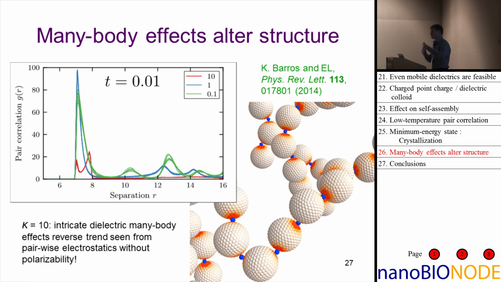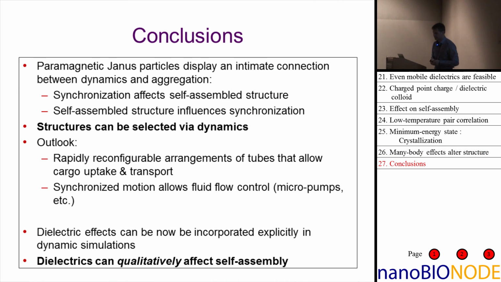If you read those papers, there's a lot of hand-waving and some muttering about van der Waals interactions maybe causing this, but no true mechanistic explanation. And by now I've become quite convinced that quite a few of these string-like structures in those systems actually can be explained by this mechanism of dielectric effects. So with that, I've come to the point where I've shown you two completely different mechanisms that I hope change a little bit the way you think about self-assembly, how many-body effects really lead to counterintuitive things that actually can be exploited to control dielectric or magnetic structures.